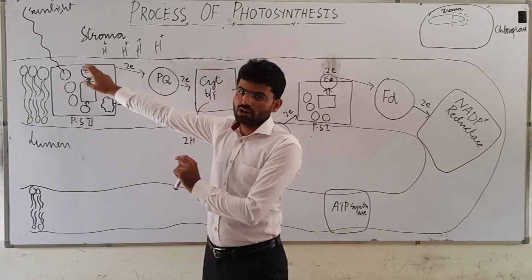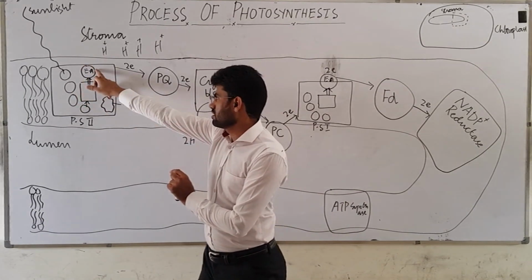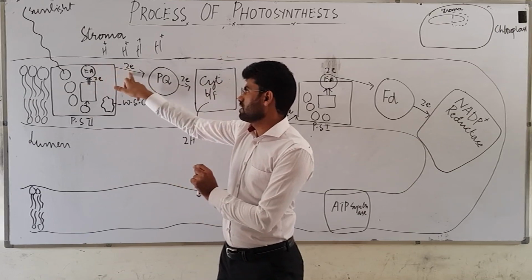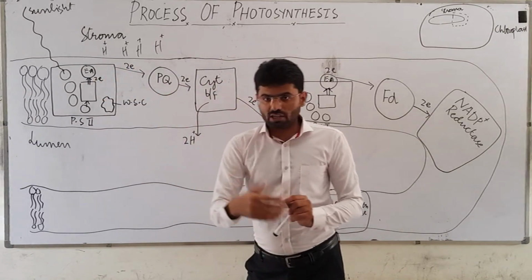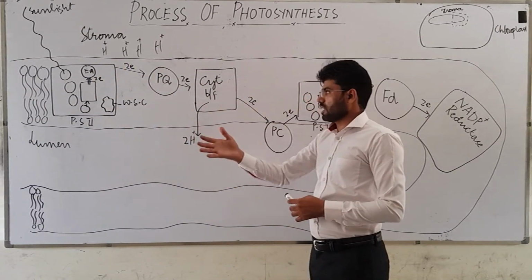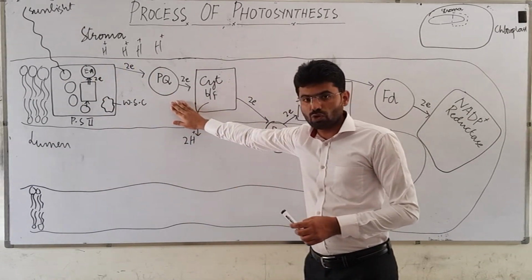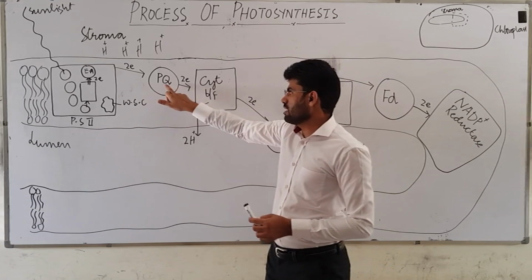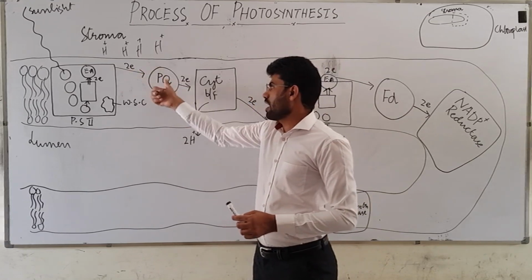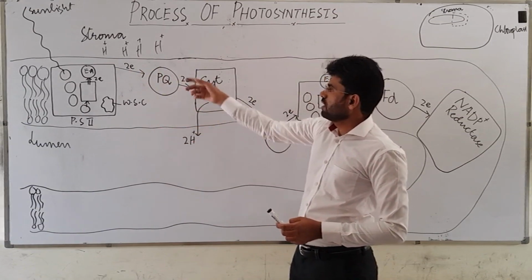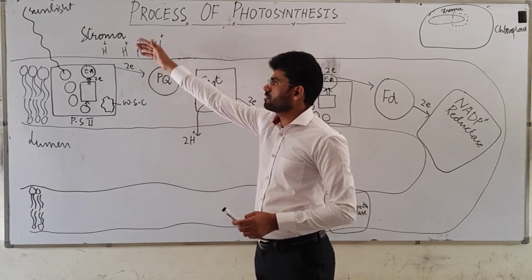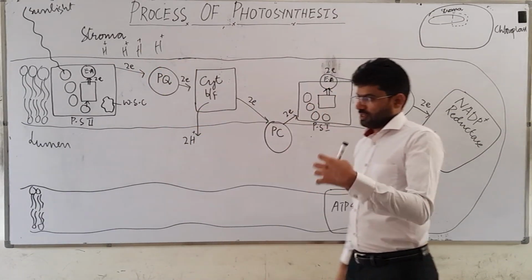This is called pheophytin. These electrons are given to a mobile electron carrier molecule called plastoquinone, and when these two electrons are given to this mobile electron carrier molecule, the two protons from the stroma,